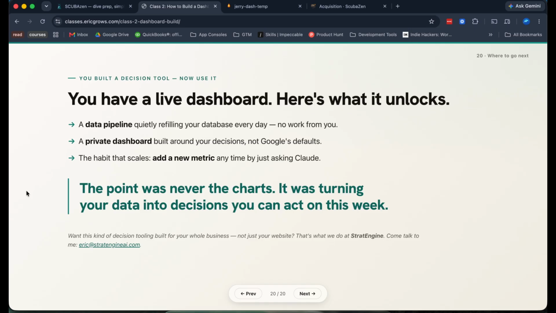You can cross-combine data sources. You can create different panels and see different sides of the business. So now you have something that is completely customized to the way that you want to run the business. You don't have to pay for these dashboards or business intelligence tools or anything like that. You have all the information you need.